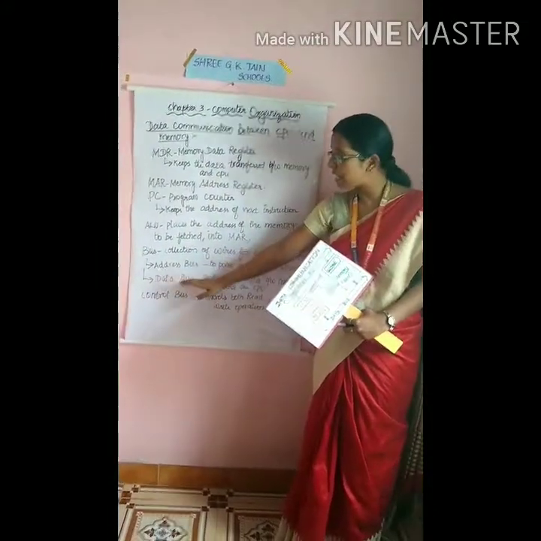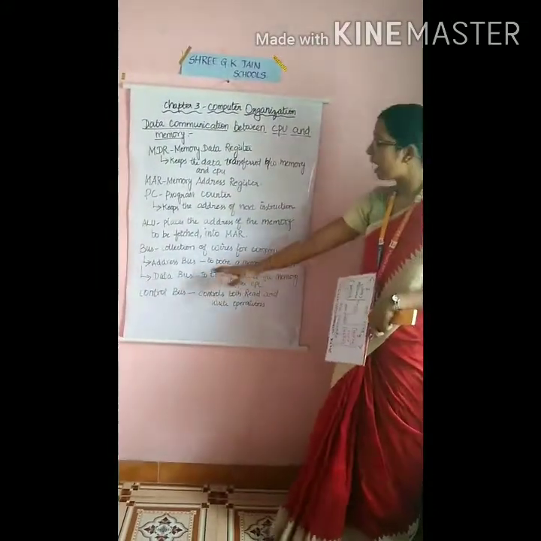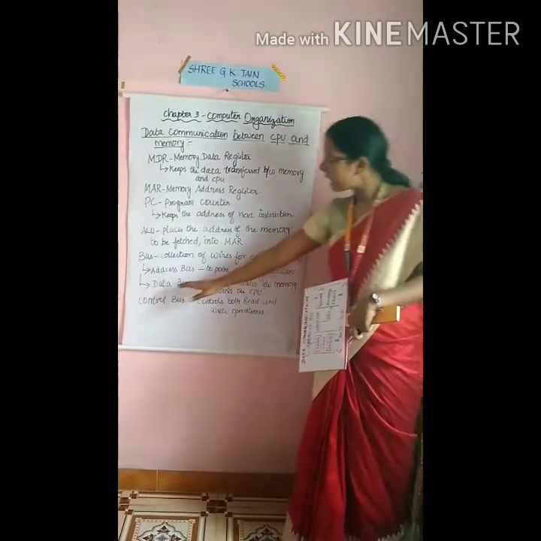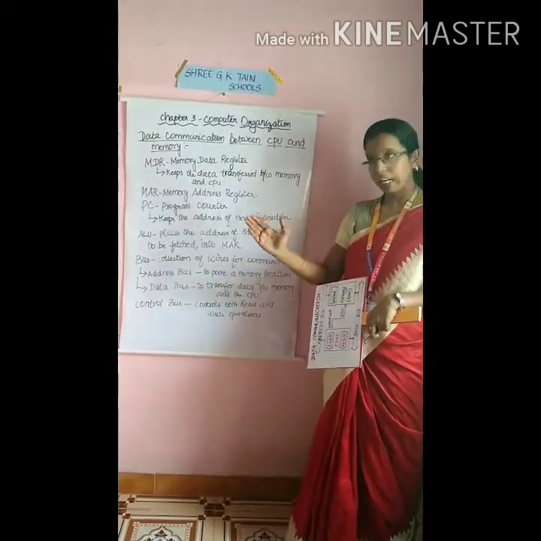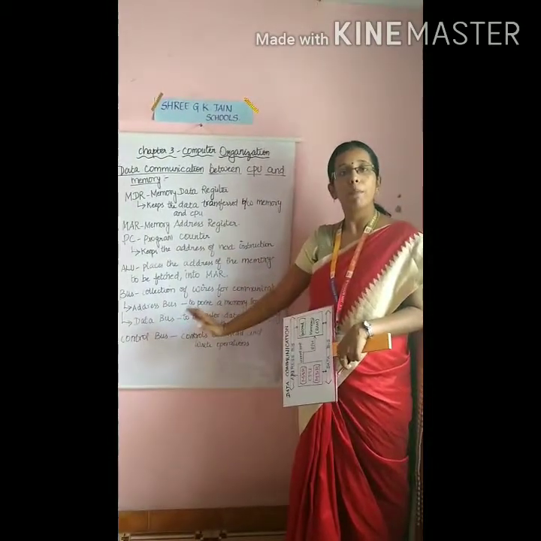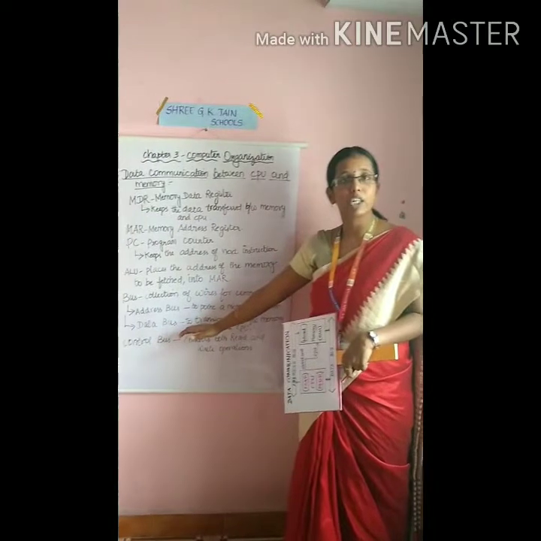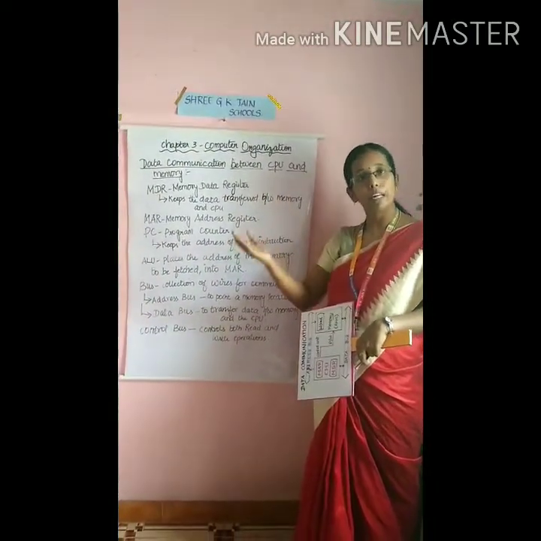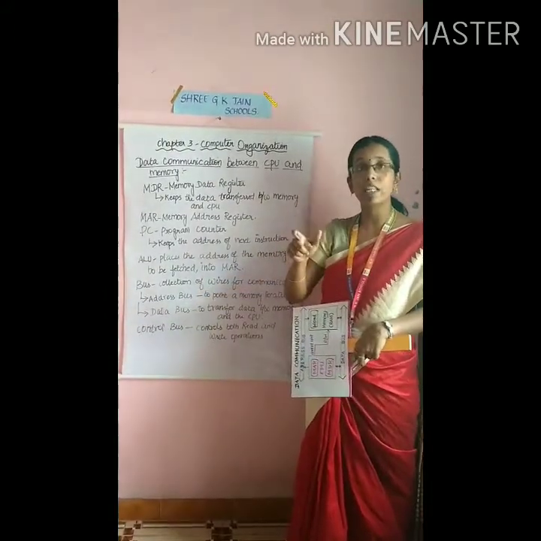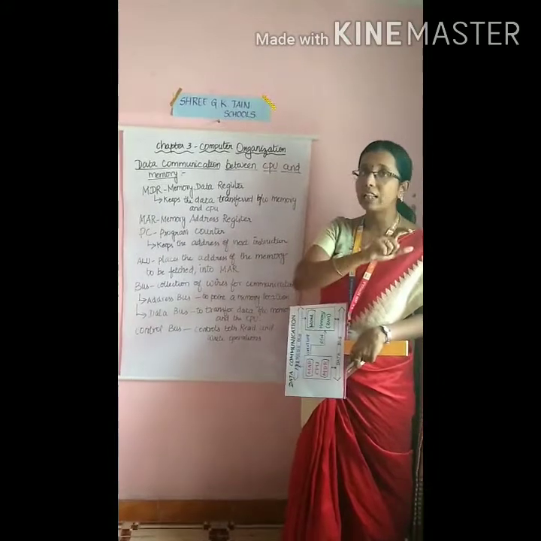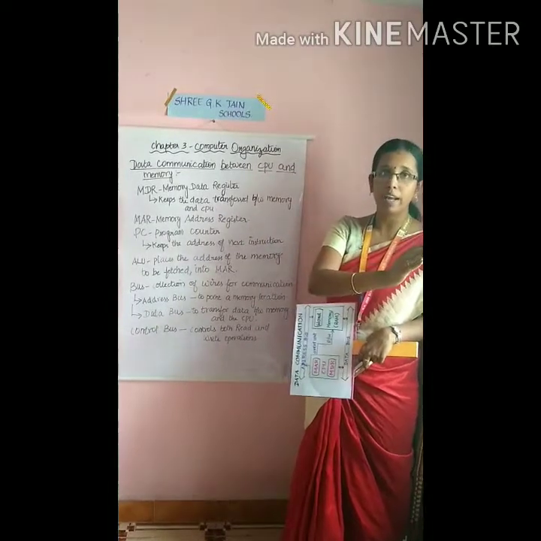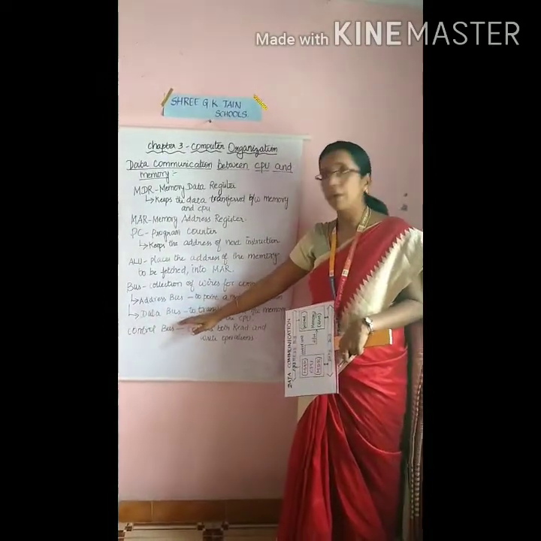And you have the address bus, data bus and control bus. Address bus will point to a memory location. Data bus is used to transfer data between memory and the CPU. You can do it both ways, because the data bus is bi-directional: you can transfer data from memory to the CPU or from the CPU to memory. But the address bus is unidirectional. You can only point to the memory location, and the memory will not point to an address.